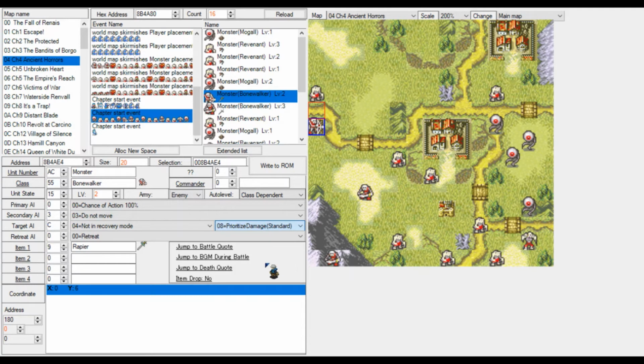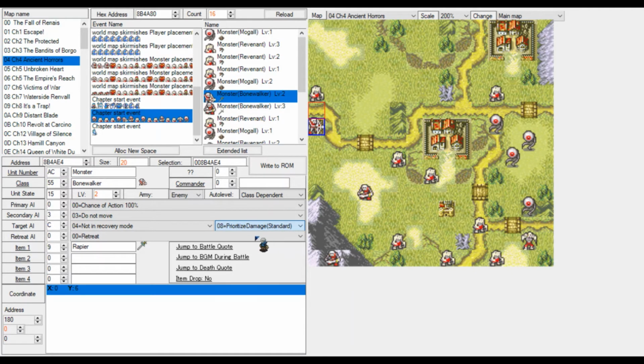Then we have damage and accuracy. Damage and accuracy is basically the unit will first look at which enemy they deal the most damage against, and then decide which enemy to attack by looking at what has the most hit chance, which is somewhat the smartest.